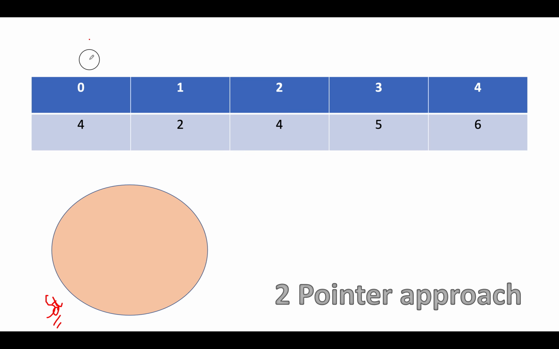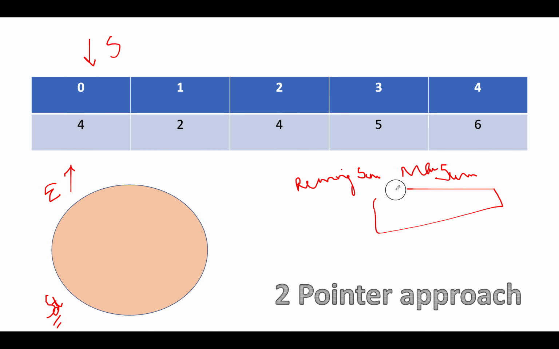Another thing that we will use is a two-pointer approach, a start pointer and an end pointer. And next we will use two variables, one for storing the running sum, the current sum of elements under consideration, and the other would be max sum, the max sum observed in the array where no duplication is happening, and we'll initialize both of them to 0. So let's get started with it.